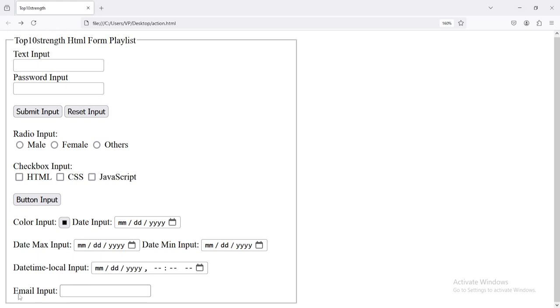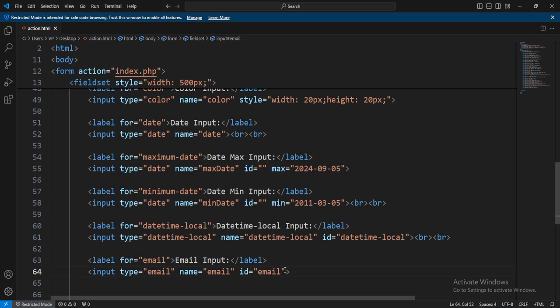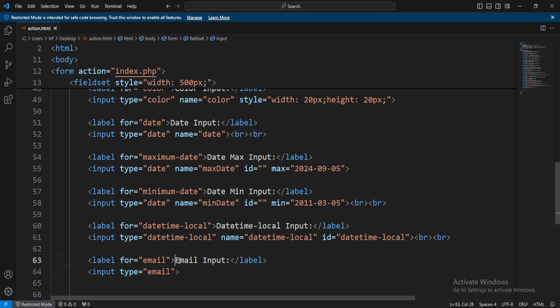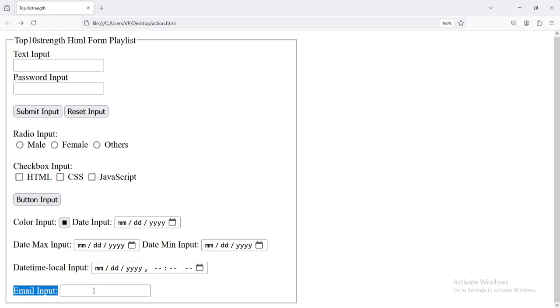So this right here that you are seeing is the default look of it. Let me remove all this so you can understand what I'm talking about. Let's say by default, this is how it will look. Can you see this email box right here? This is our label that we specified the first time. We wrote email input, which is this email label, and this one right here is the input box that you've seen right here, which is this main input box here. So we can write our test at